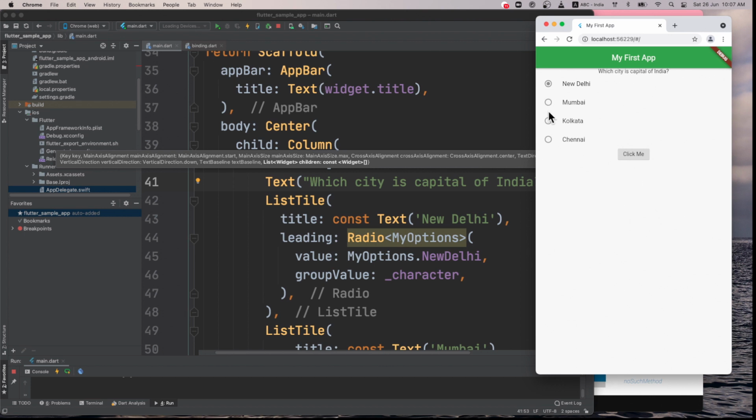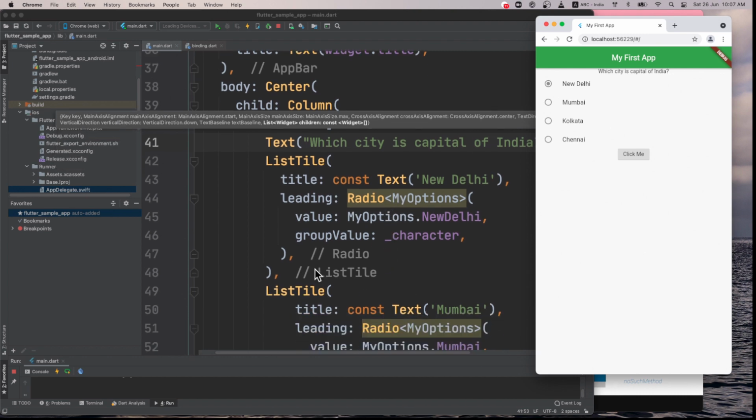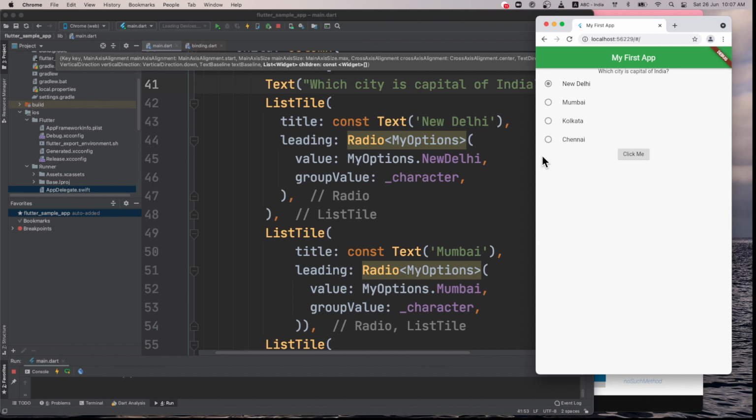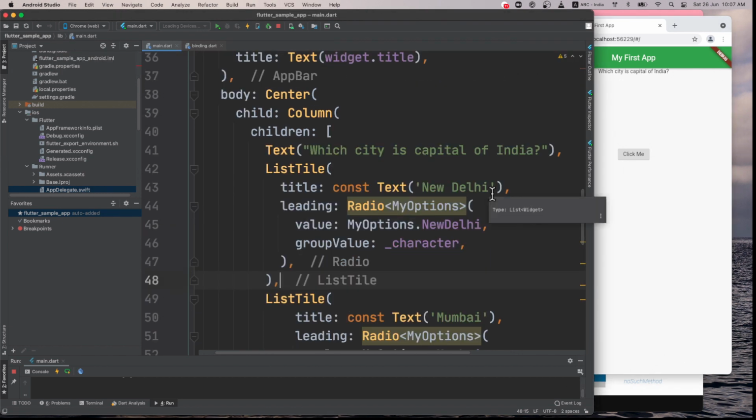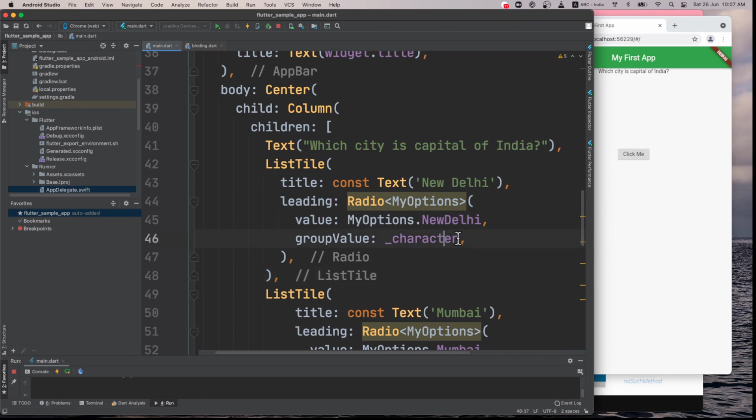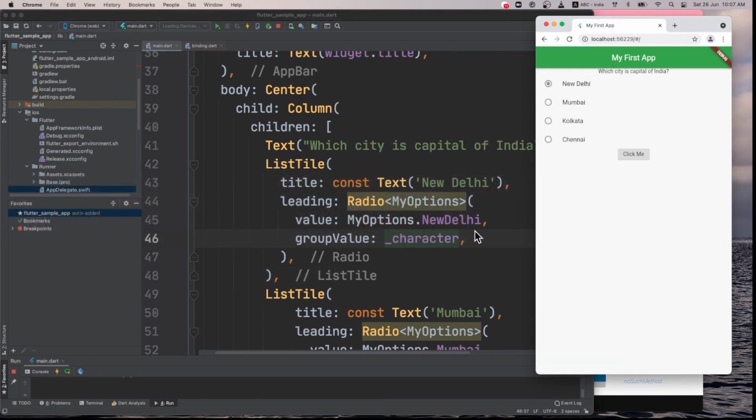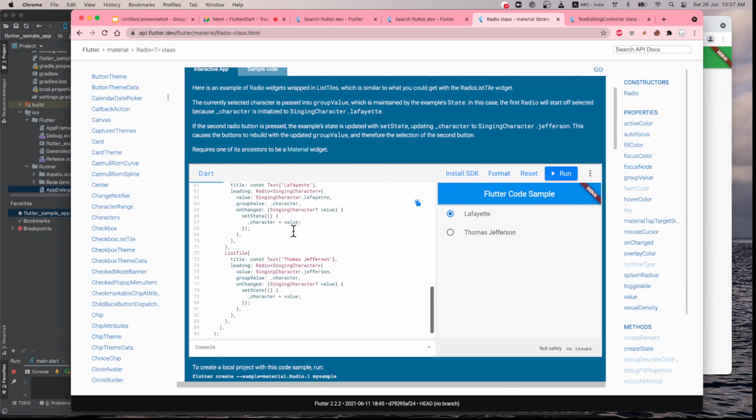Now only one item you can select, but because we have not given the on click option, you can't change it. So this feature you will use after a user selects this and says submit. To enable the clickable option, I think we have to provide this, okay, on change.